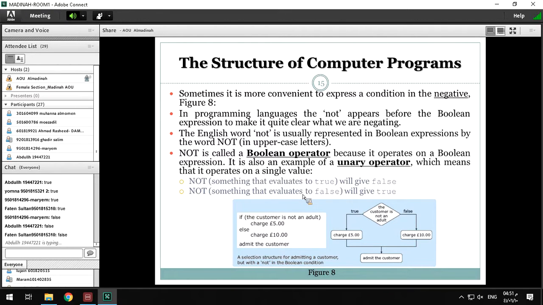We can also use a not operator. Not appears before the Boolean expression. Sometimes it is convenient to express a condition in negative form, not in not form. For example, it is not raining. If it is not raining,